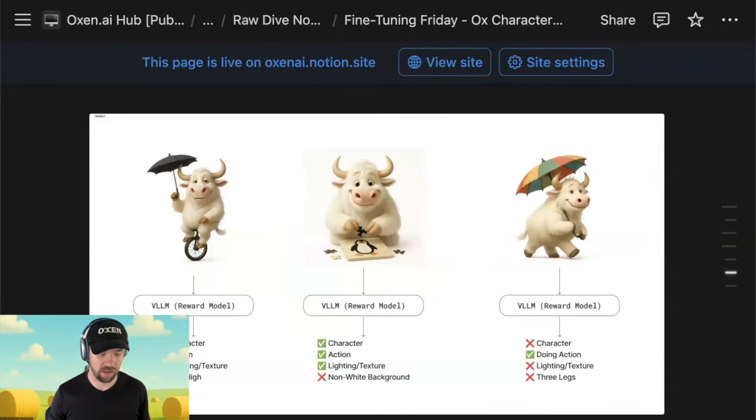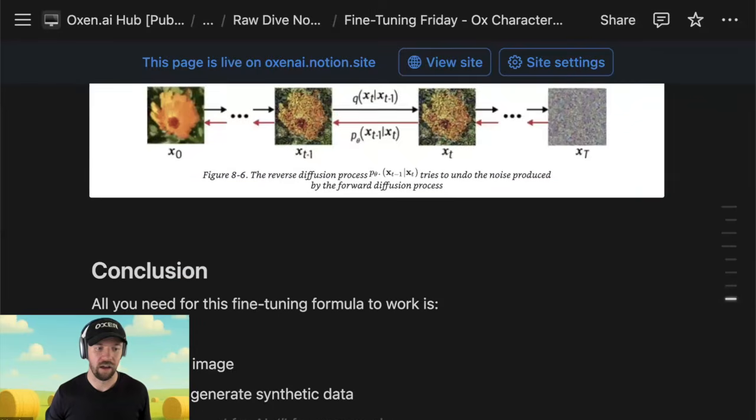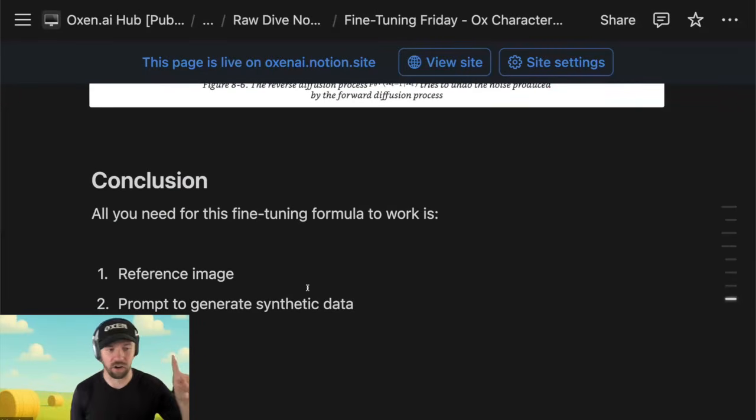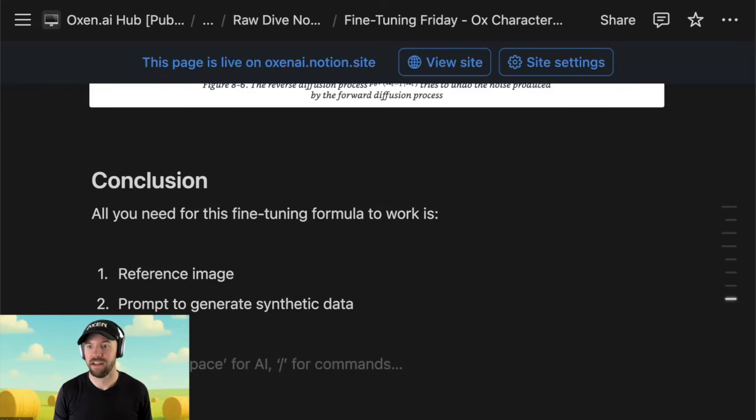But overall, I think the takeaway here is all you really need to do a fine tuning like this is one reference image that you start with. So that one character that we liked, and a prompt to generate synthetic data. And I even got that prompt from the reference image. So technically you only need the reference image. And from there, you can start generating synthetic data, create a data set, fine tune your model, and you are off to the races. So what we're going to do with this is we have the team getting together